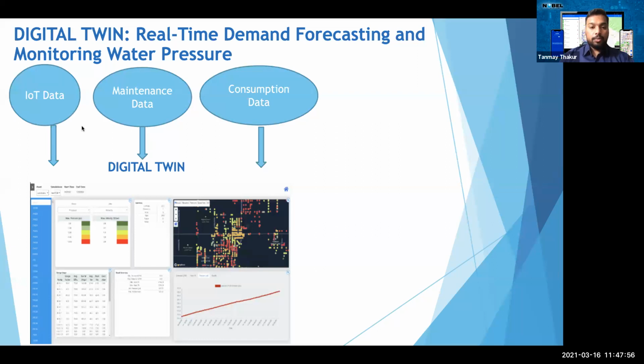So at a point where you want to replace pipelines, this will help you get all this real-time data into the system and change it every year. Maybe a pipeline showing green in 2014 might be showing red in 2021. That way, each year the pipeline replacement program will be complemented by the AI and machine learning method.